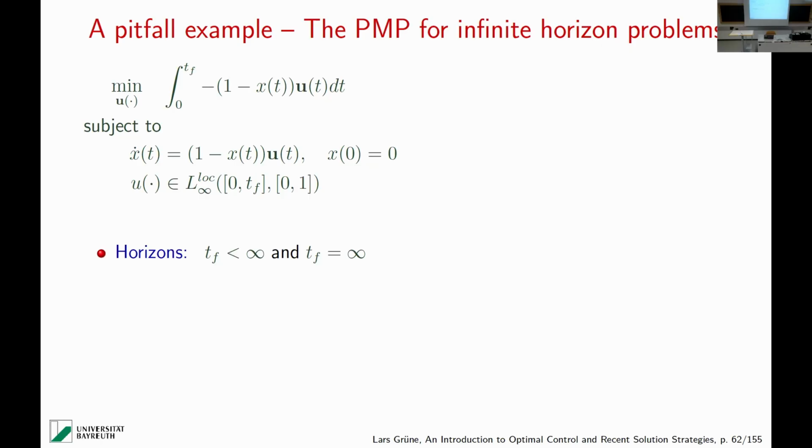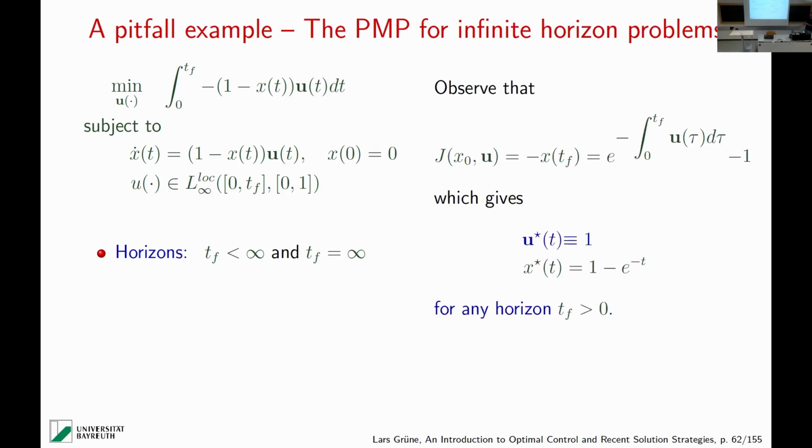This is a simple, well-known example which shows that this is not so easy. And the reason is that in order to get a full set of equations that we can really solve, we need not only the equations that we saw before with the Hamiltonian, with respect to x, lambda and u, these differential equations and this minimum or stationarity condition. We also need a terminal condition for lambda, right? So lambda of Tf must be something. That's the usual condition, unless you fix the terminal state, which we do not do here, right?